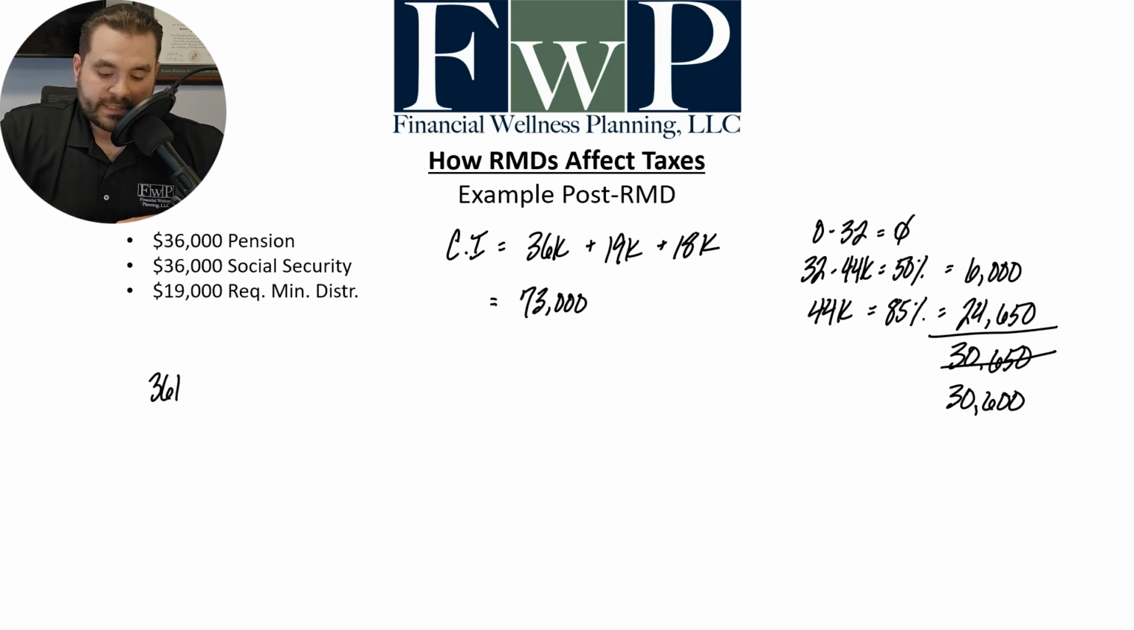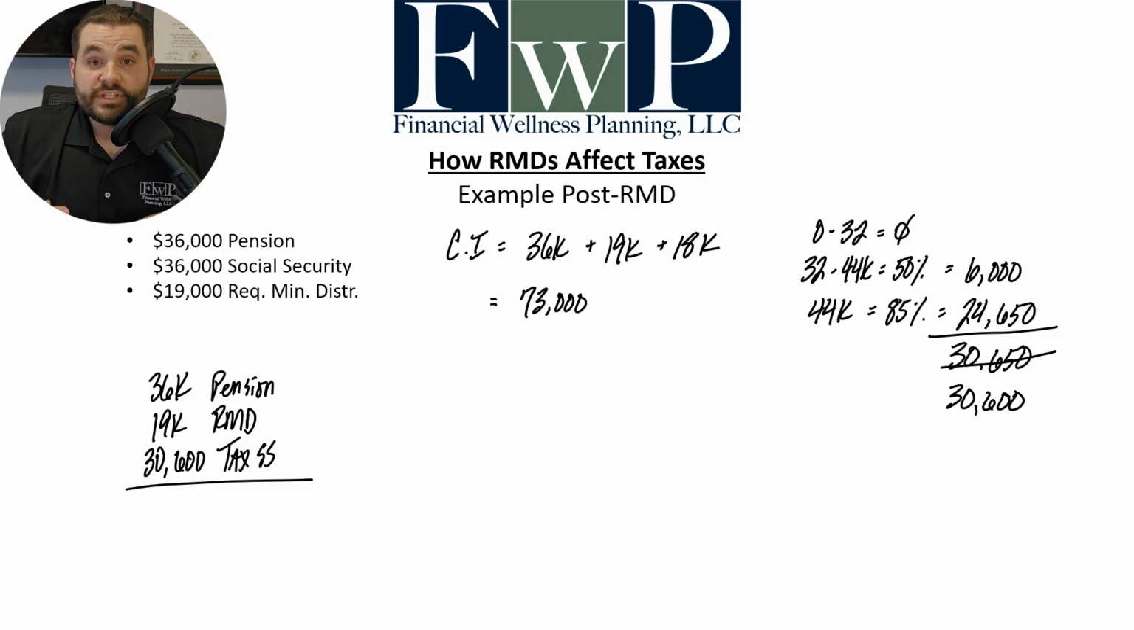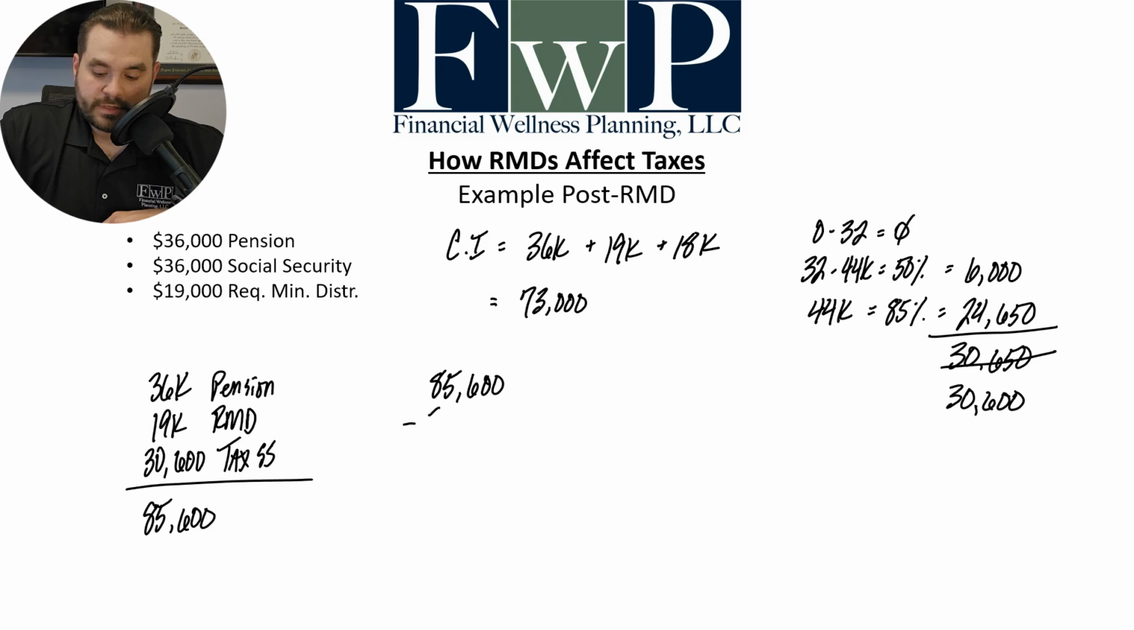So we're going to take the $36,000 from the pension, the $19,000 from the RMD, and then we're going to add to that $30,600 for their taxable Social Security. This is going to make their total income $85,600. We're going to take that $85,600, subtract from that the $29,200 for standard deduction, and their taxable income is